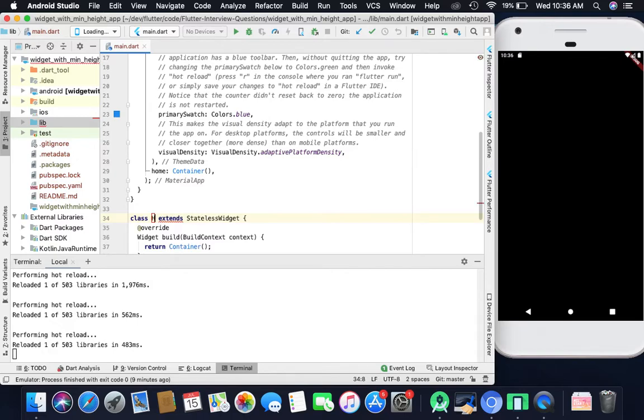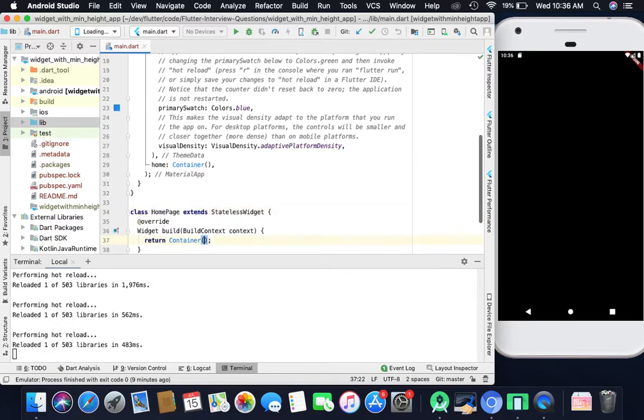Give it a name like HomePage, and give this HomePage here and convert it to a Scaffold.